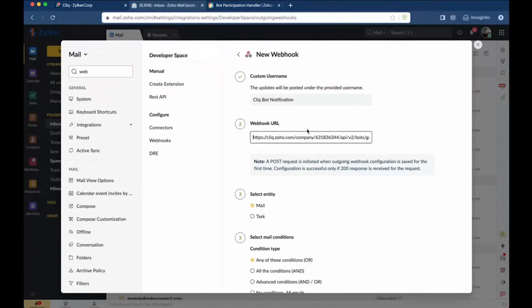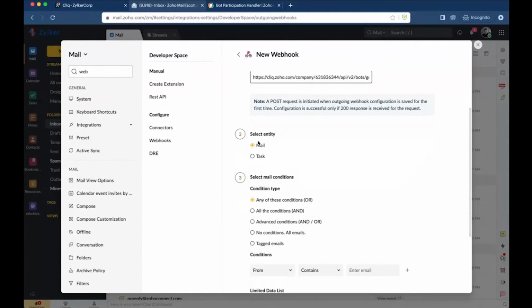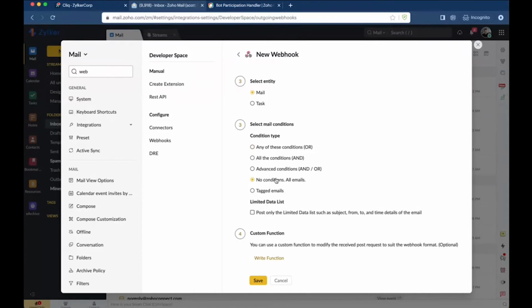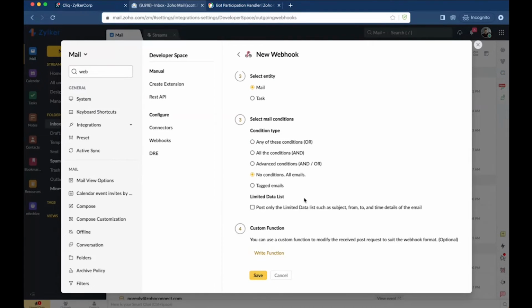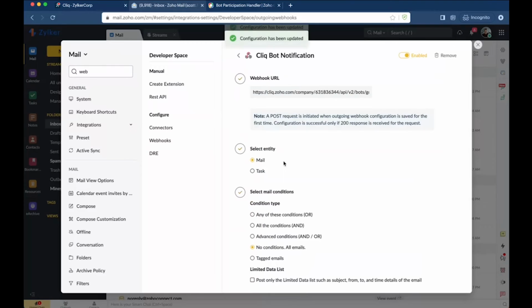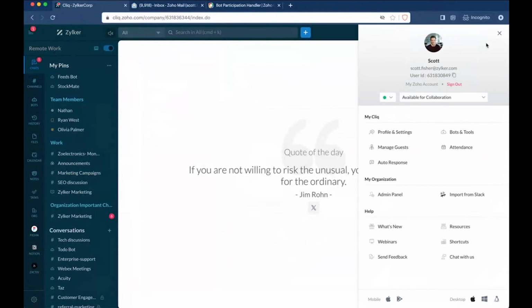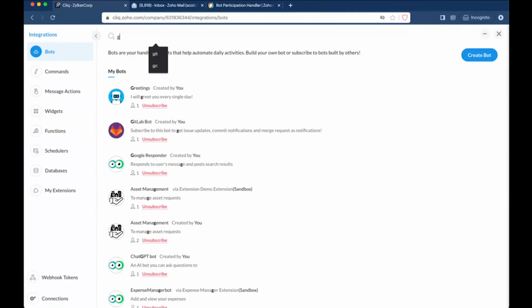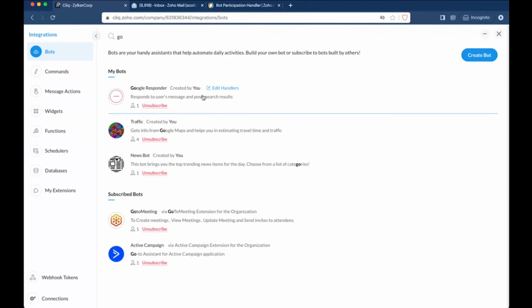I'm just pasting it here, and I need notification for my mail, and no condition needed. I need notification for all the mails, and I'm just saving this configuration. Okay, the configuration is stored. Now we have to configure the incoming webhook handler. Zoho Mail will be sending a JSON to us. We won't know in which format the JSON will be. So first let's